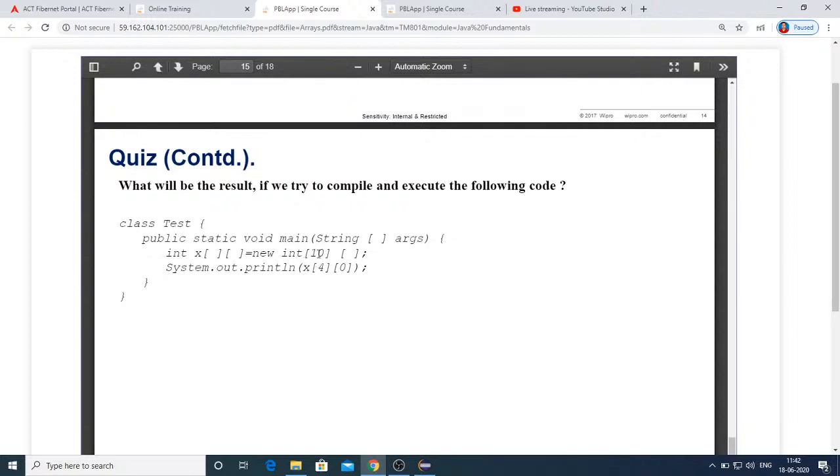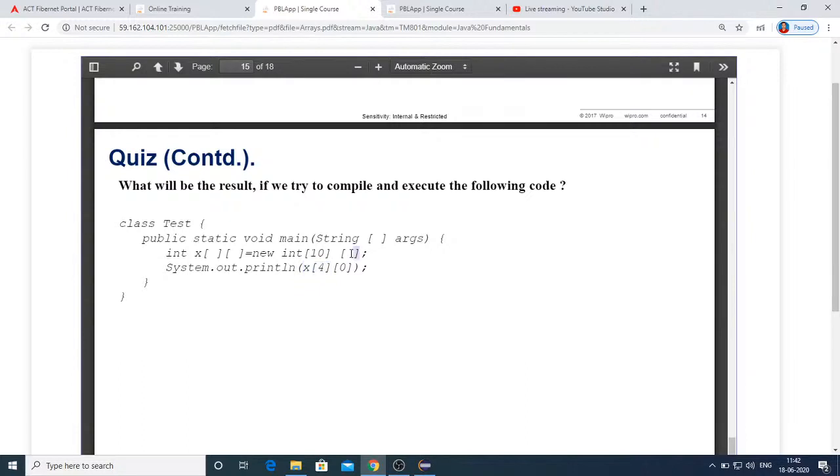Understand this. When you have allocated memory here, you have just said that you require space for 10 rows, that means from index 0 to index 9. So when you are referring to x of 4, you are actually referring to the fifth row. But here you have not mentioned the column size.